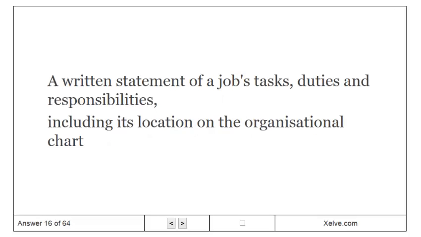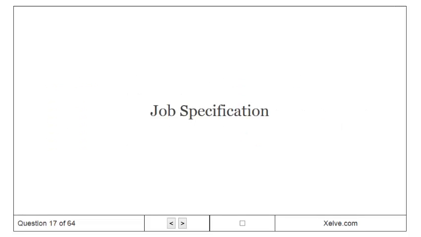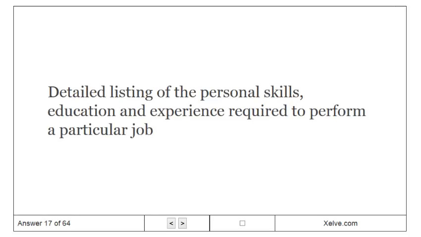A written statement of a job's tasks, duties, and responsibilities, including its location on the organizational chart. Job specification. Detailed listing of the personal skills, education, and experience required to perform a particular job.